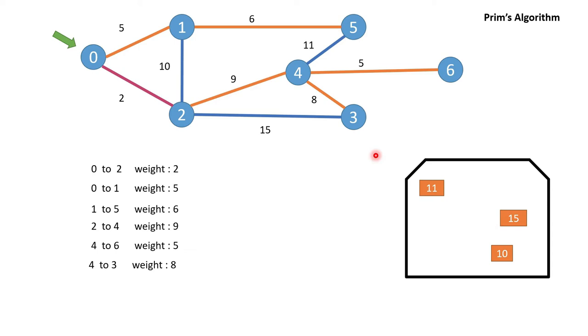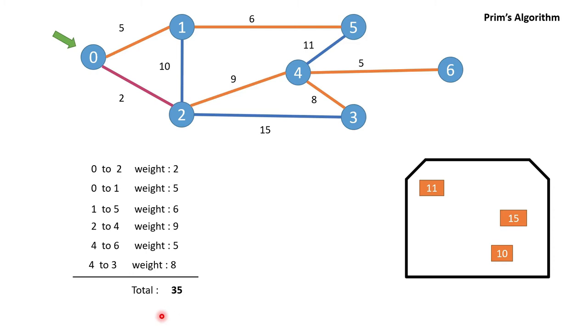So if I have 4 nodes, then minimum 3 edges are required to connect them. Like that, whenever the number of edges I have identified is 1 less than the number of nodes, I have to stop. So here the total number of nodes is 7, and the edges we have identified is 6. That means we have to stop, because we connected each and every node and we got our minimum spanning tree.